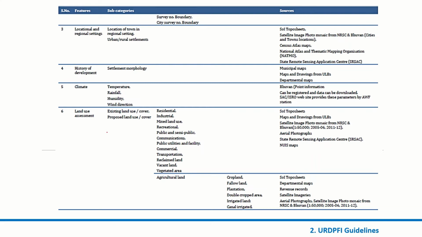The more important thing, which will have a direct impact on how we can come out with meaningful interventions in the town, is the land use assessment. We should know what the existing land use is, and also the proposed land use. There are two things mentioned here, right? Looking at the image I just showed you, they have a master plan for the town, so that means they have this information.